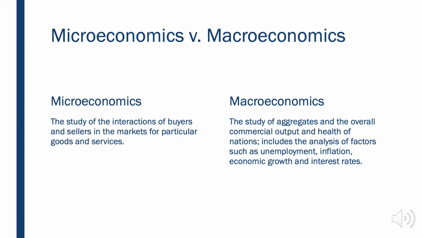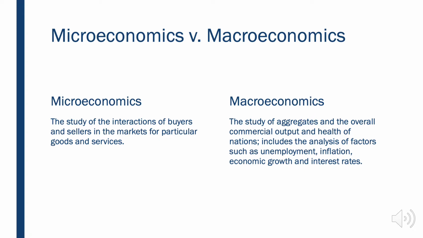Now, this course deals with microeconomics. But there are two different types of economics: micro and macro. Micro, you can see as micro being small. So in this course we're going to be looking at the study of the interactions of buyers and sellers in the markets of particular goods and services, while